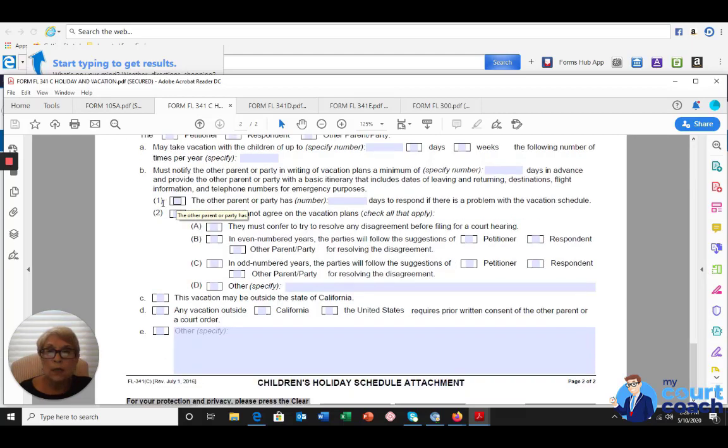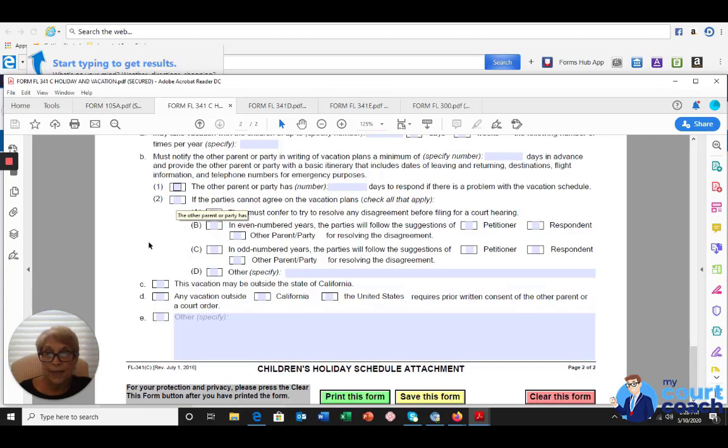the other party must notify you, and vice versa, of where they are going, the itinerary, the flight plan, and the address and telephone number where the child will be. You can check off if you want the parties to make a good faith attempt to resolve any differences, and if they cannot, to go and ask the court to make an order. If you are comfortable that vacation may be outside the state of California under C, and if any vacation is